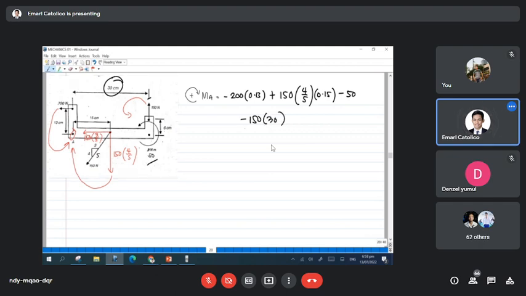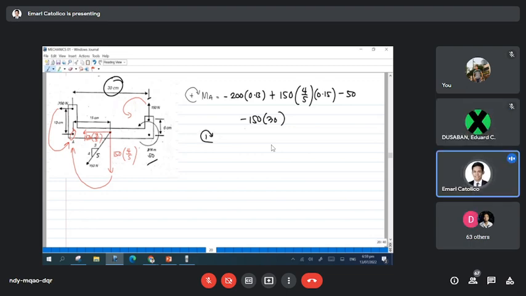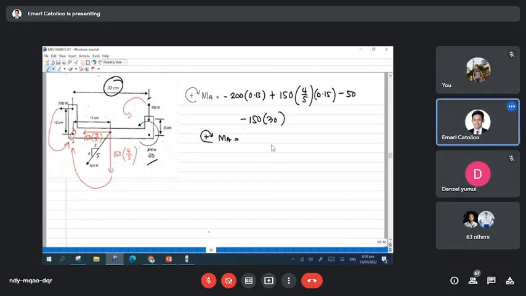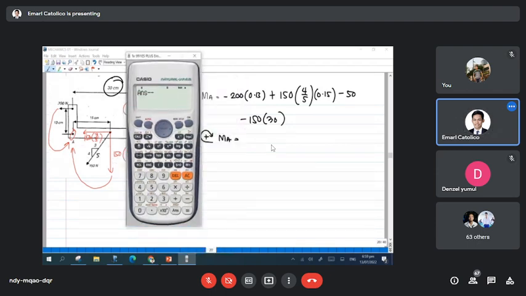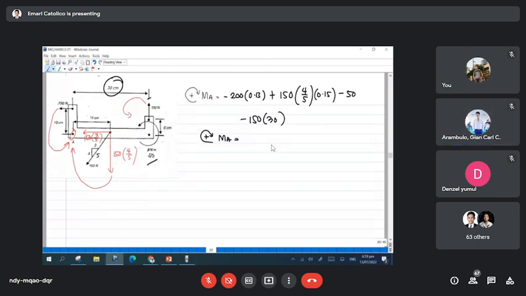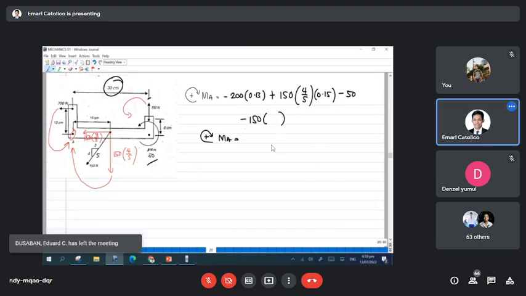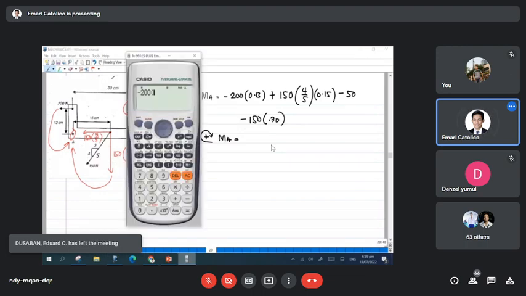Ayun. Sige, so summation of moment at A. Tingnan natin kung tama itong. Tama naman yan, as long as maglagay-lagay ka ng arrow, hindi ka malilito dyan sa moment. Madali lang yung moment. Negative 200. Ano po yun? I-convert yung 30 sa meters po. Oo nga pala. 0.3. Yun, thank you. 30 cm nga pala yan. Sorry. Thank you. 0.13